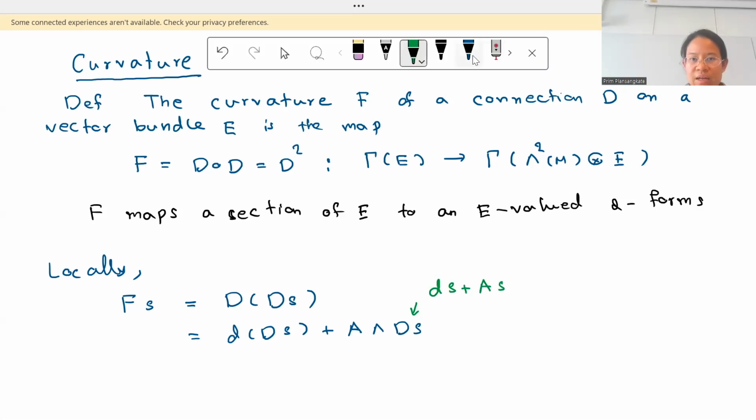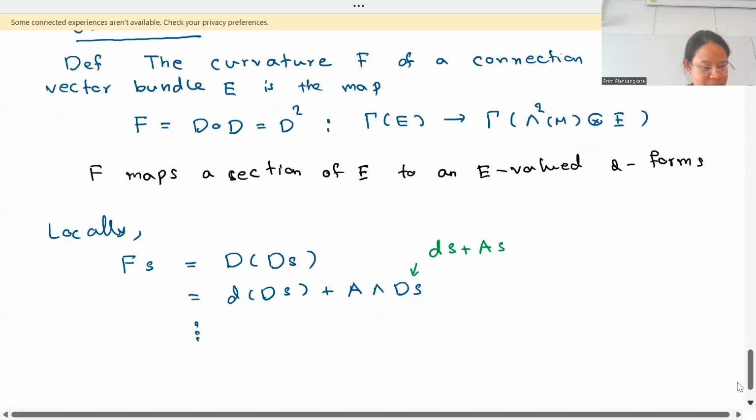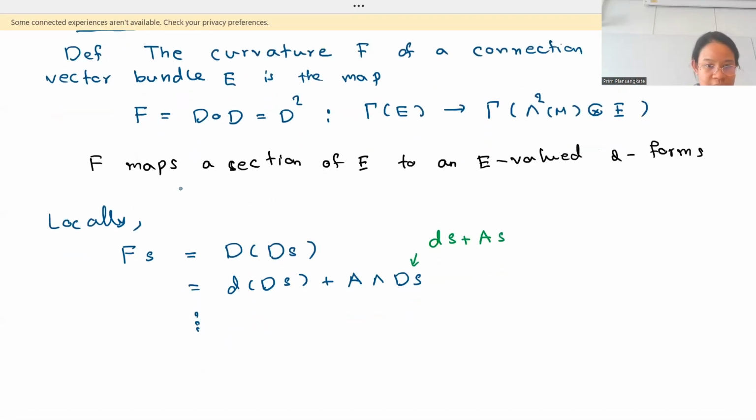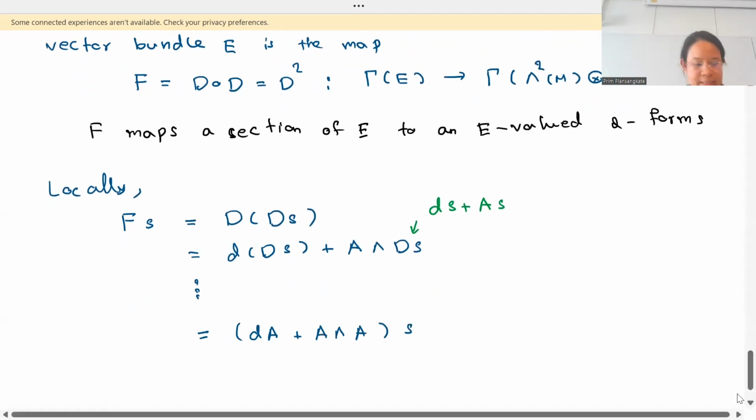Then it follows, let me just write, it follows that we will actually have, if s is this, hence we conclude that the local representation